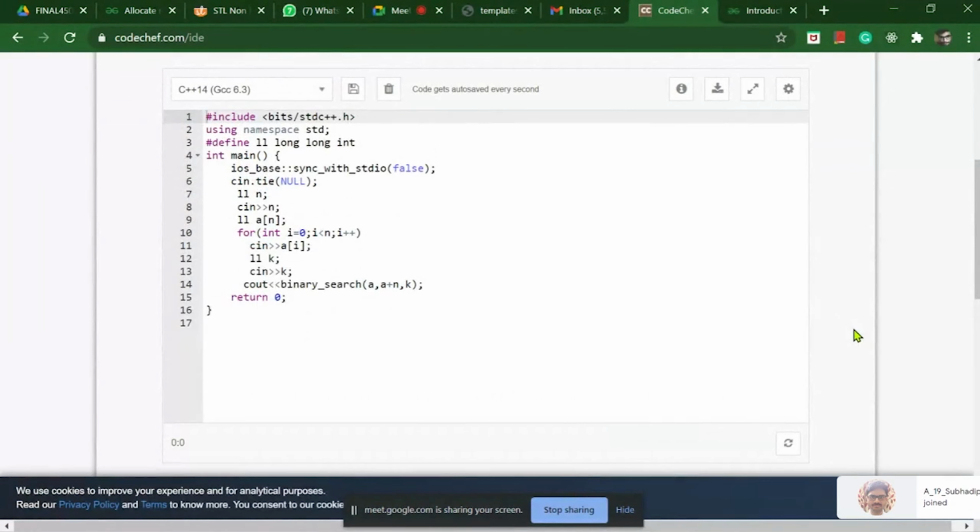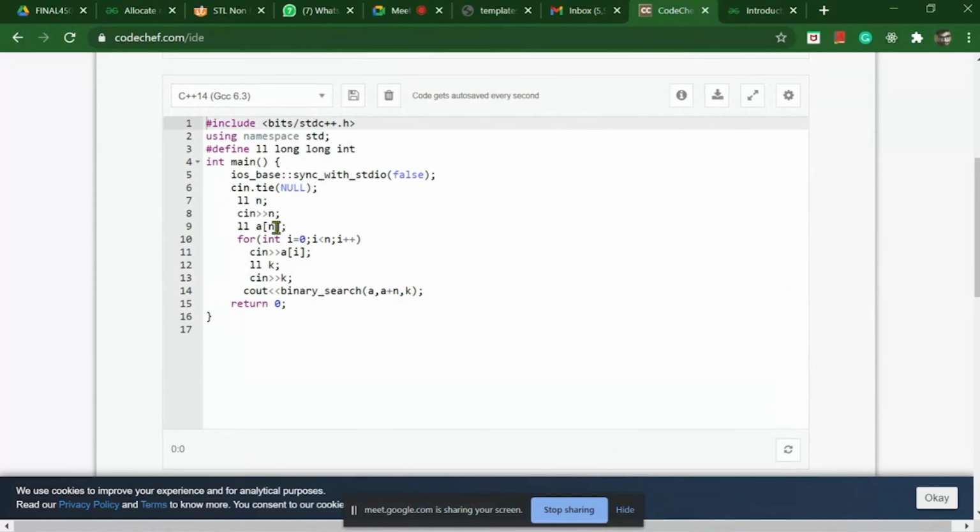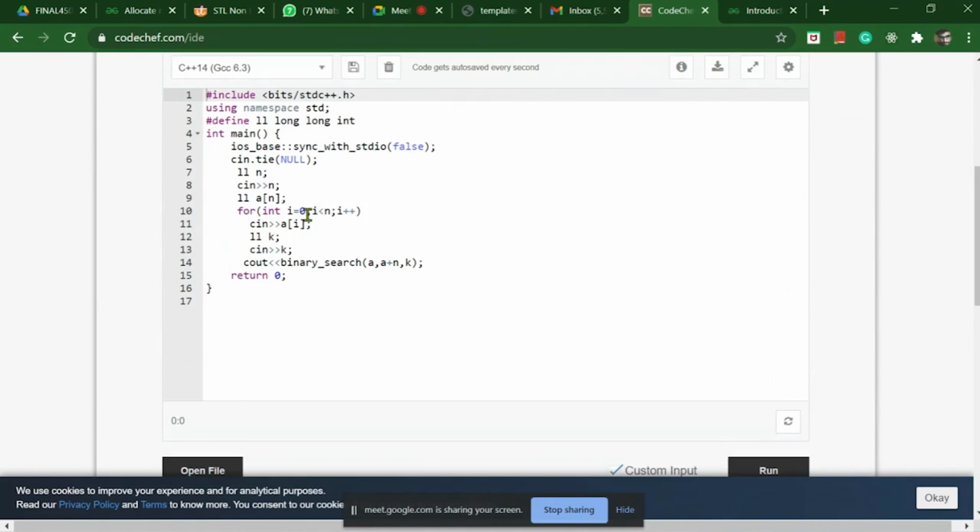Okay. So this is the binary search algorithm defined in the C++ STL package. In this program I have defined an array A which has n number of values inside it, which I am going to take as custom input, and a key value which is k.